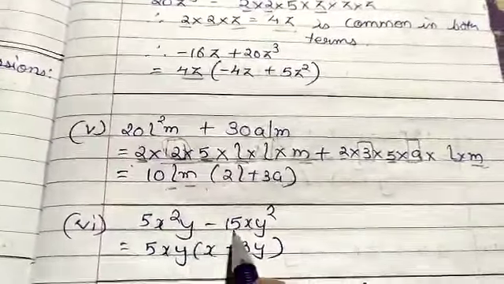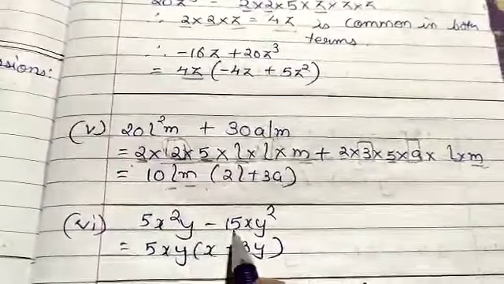Now the next one is 10a square minus 15b square plus 20c square. From all, 5 is common, and all the variables are different. So we have to take 5 common. So how to get 10? 5 2s are 10 and a square will remain inside the bracket. 5 3s are 15 and 5 4s are 20. b square and c square. So your answer will be 5 in bracket 2a square minus 3b square plus 4c square.